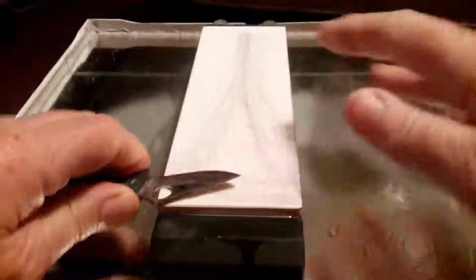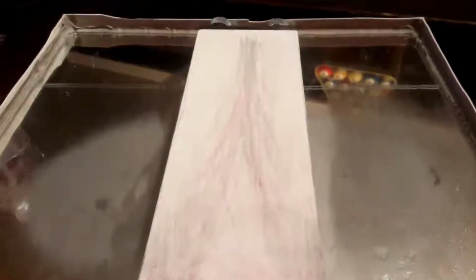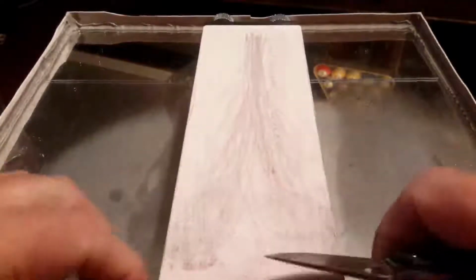Okay. You do this. Oh, shoot. Hang on just a second. I've got this all rigged up because to keep it in the camera, I had to do that. Okay, now,